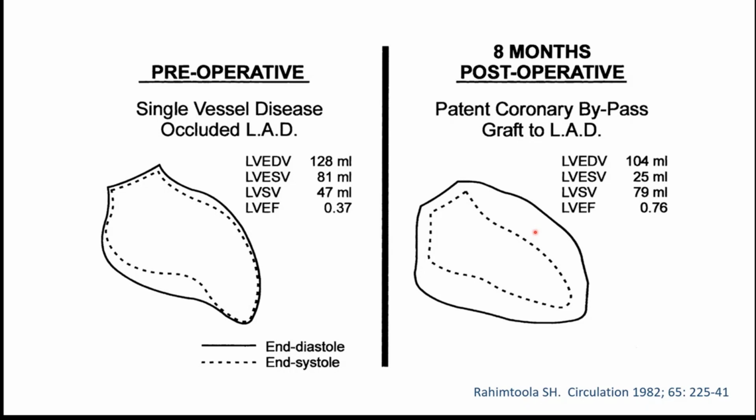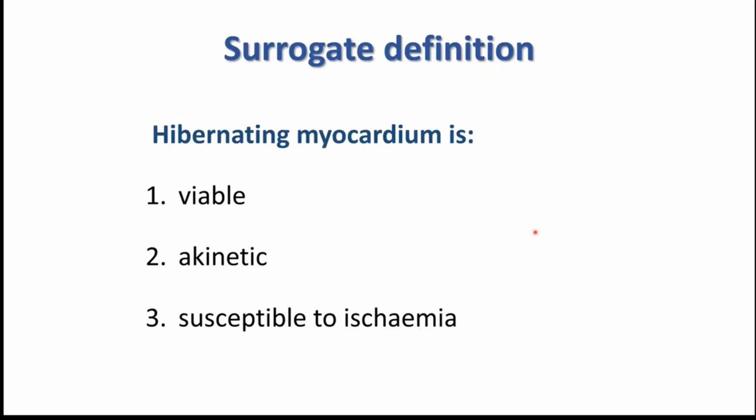So we need some sort of alternative prospective definition as opposed to a retrospective definition. And I'd like to suggest to you, for reasons that ought to become clear, that this is a reasonable, at least imaging-based definition of hibernation, that it is myocardium that is viable, that does not contract, but is susceptible to